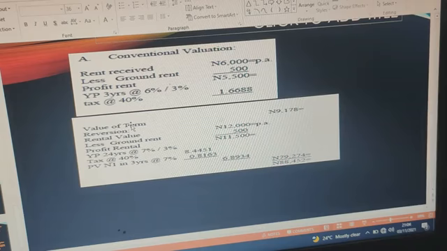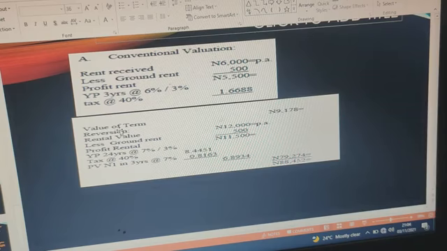Conventional valuation. Rent received N6,000 equals per annum. Less ground rent 500. Profit rent N5,500 equals. YP 3 years at 6%/3%, tax at 40%: 1.6688. Value of term N9,178 equals. Reversion. Rental value